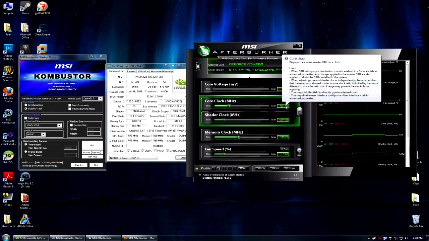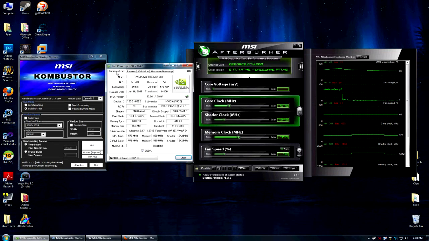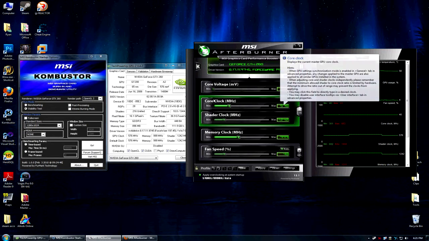Today we'll be talking about how to overclock your graphics card. As you can see here, I have MSI Afterburner, GPU-Z, and Kombustor. MSI Afterburner is free software, and so is GPU-Z, and so is MSI Kombustor, so I will link those in the sidebar. And basically all you need to do to overclock is to change your core clock setting